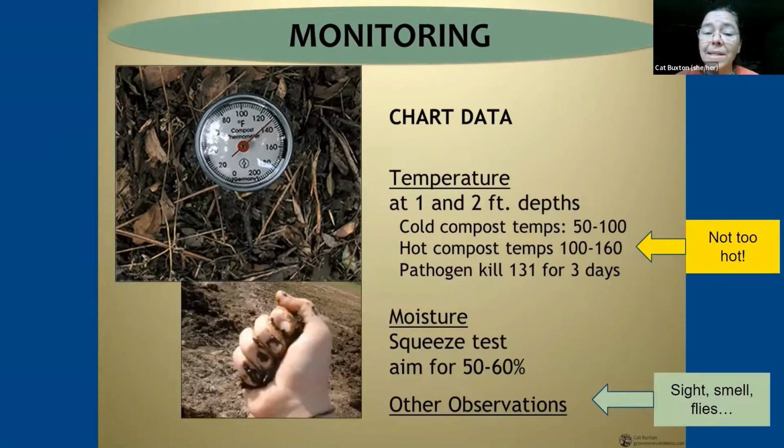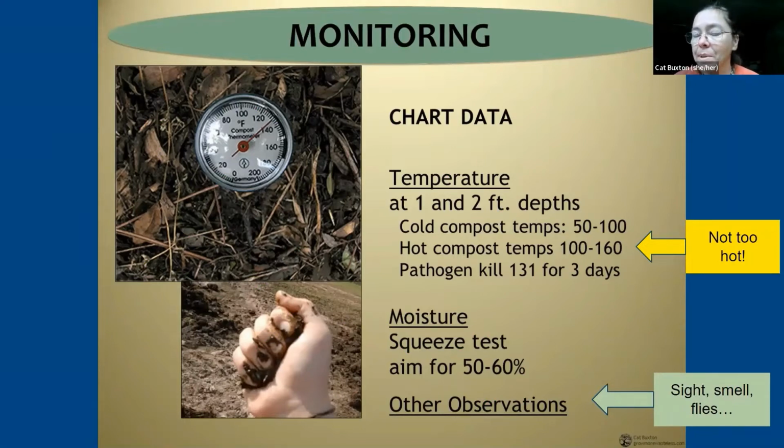And what that means is the oxygen is leaving the pile and different organisms are coming into play. Soon the pile will cool and it will get really stinky because we've squished all the air out with the mass. The microbes have used up the air, and what they need now is more air added. And we're going to go into different ways of aerating a pile.